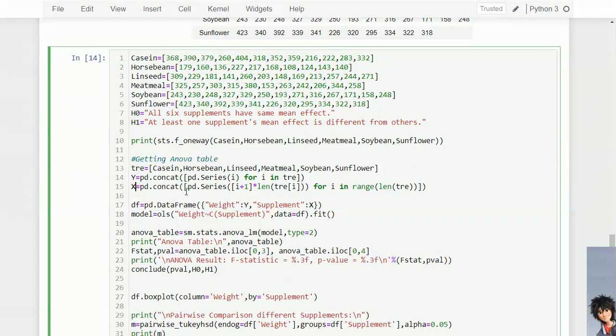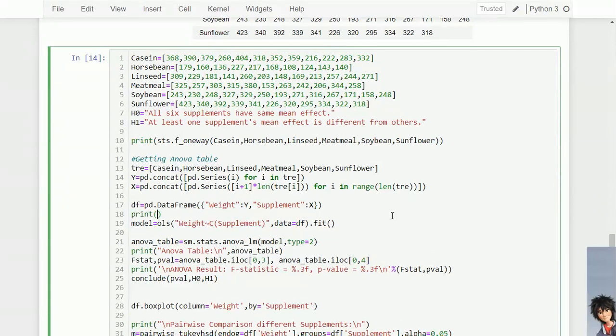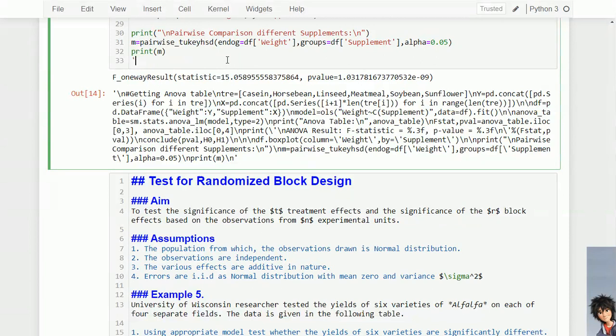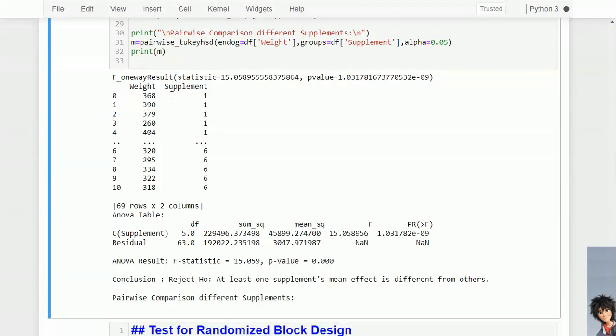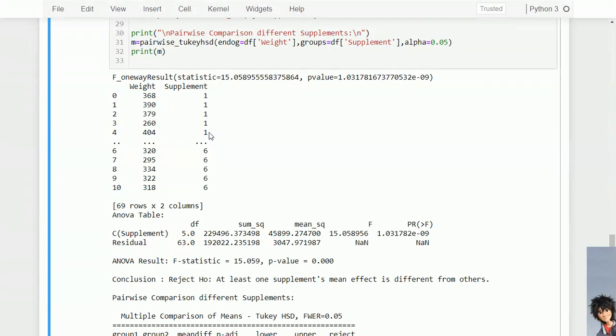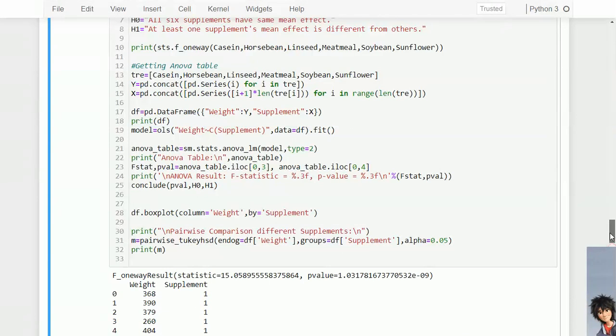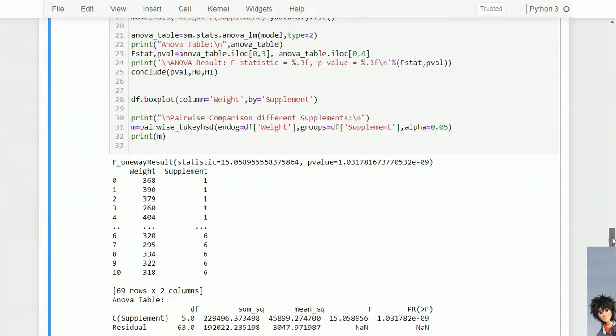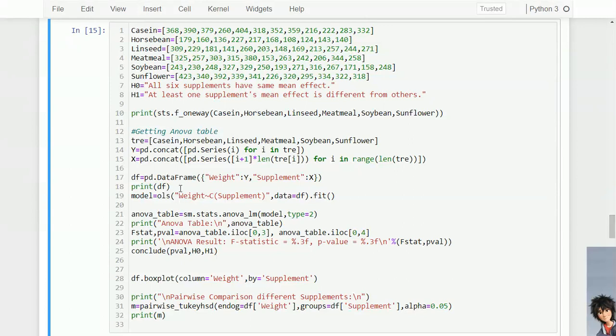Now let's convert it into a data frame and print it first, which will give us an idea of what we are doing. We got 1111, that is for casein, and the last 6 for sunflower. Now we have the data frame in which the first column is weight and the other is the supplement.